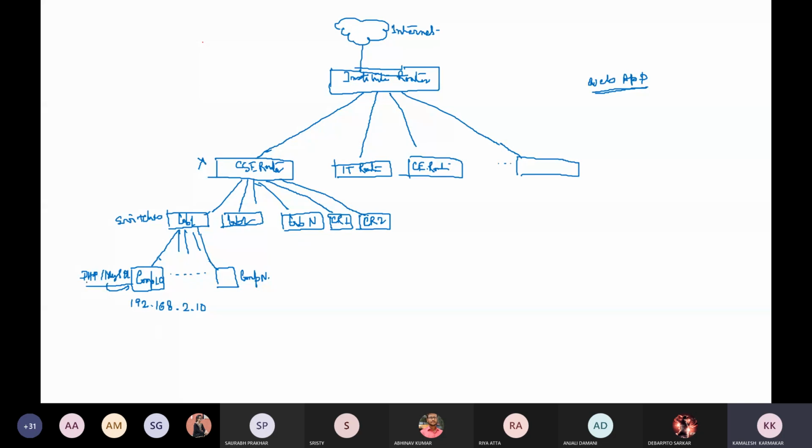So in this machine, you have installed this XAMPP server or WAMP server, or if you are familiar with JSP servlet, then you have installed a Tomcat server, JBoss, Glassfish, or WebLogic, this kind of server here. Now your application is running in this machine.